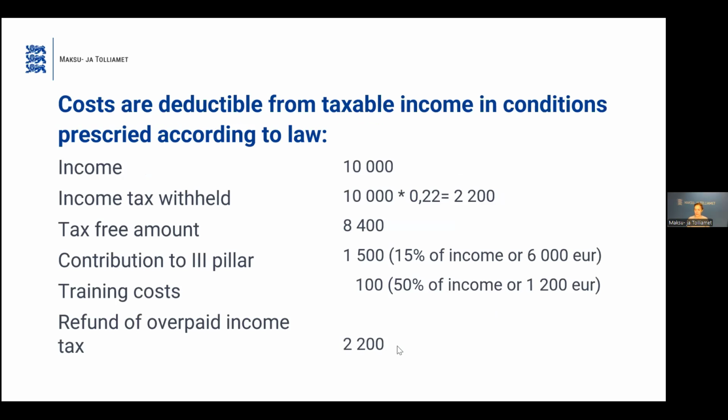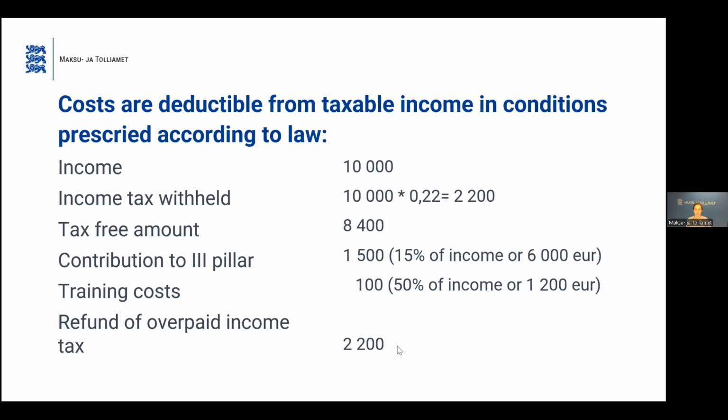Now here is a little example of the calculation, just for you to understand. You do not have to do it yourselves, but you may check if everything is okay. For example, if you have received income of 10,000 euros annually, and income tax has been withheld from the very first euro, for example, 22% income tax rate, and no tax-free amount has been taken into account by your payer, then there is an opportunity to use this tax-free amount in your tax return.